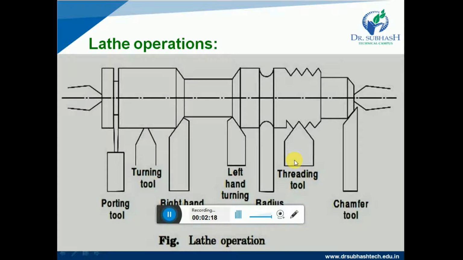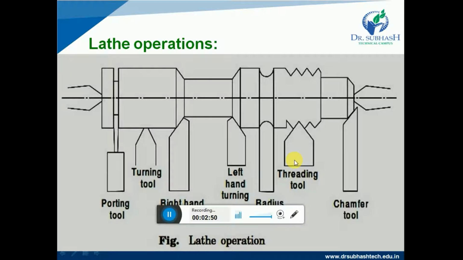In simple language we can say that if you want to remove some metal or material from the workpiece, which is a round bar, the operation by which we remove the excess material from the workpiece to produce a cylindrical surface is turning. There are many types of turning operations: straight turning, shoulder turning, rough turning, finish turning, taper turning, eccentric turning. So what is straight turning?